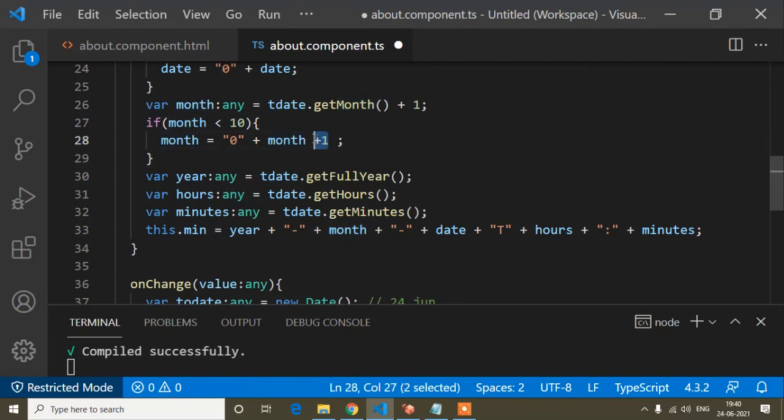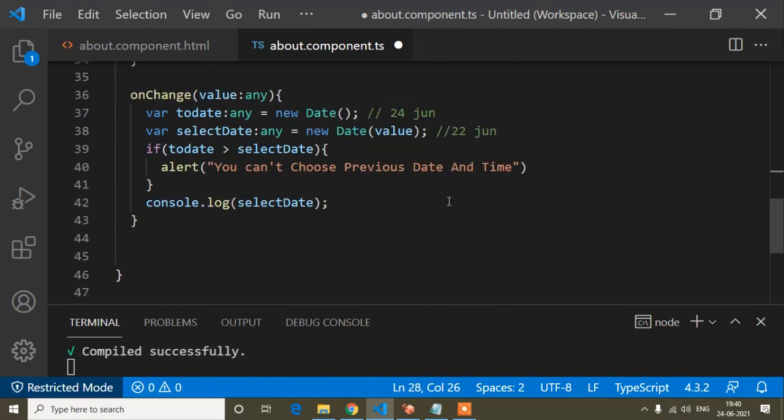That's why JavaScript was denoting this one as a string. Same with this toDate, it's returning a date like 24 June Thursday. So it's returning a string, and a string we cannot compare, cannot minus, cannot plus.